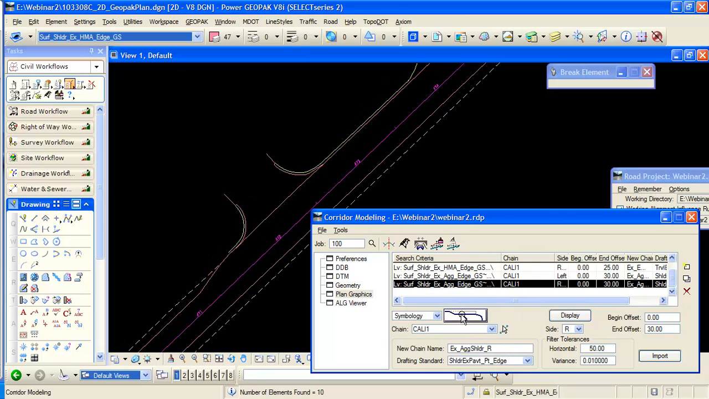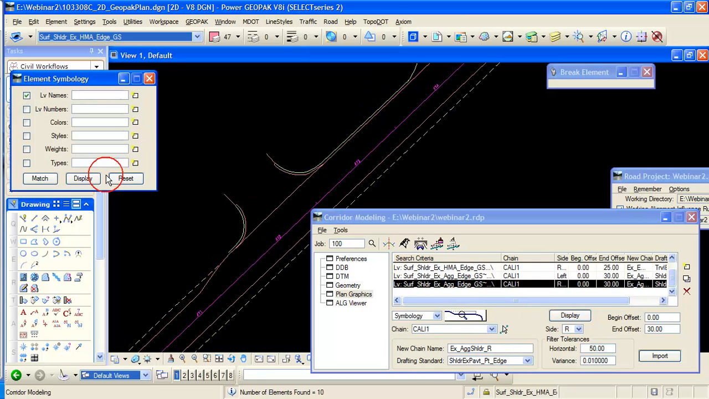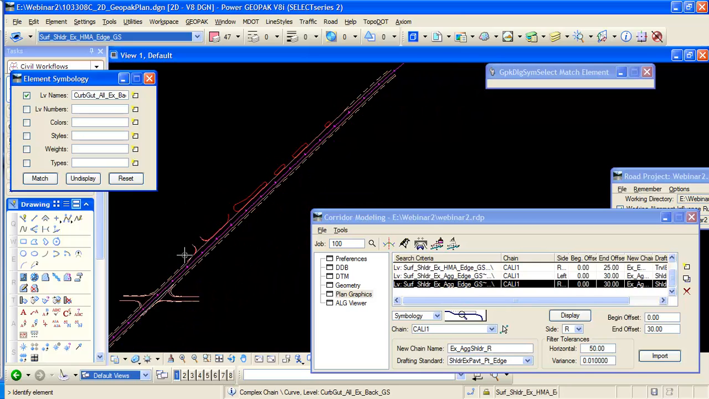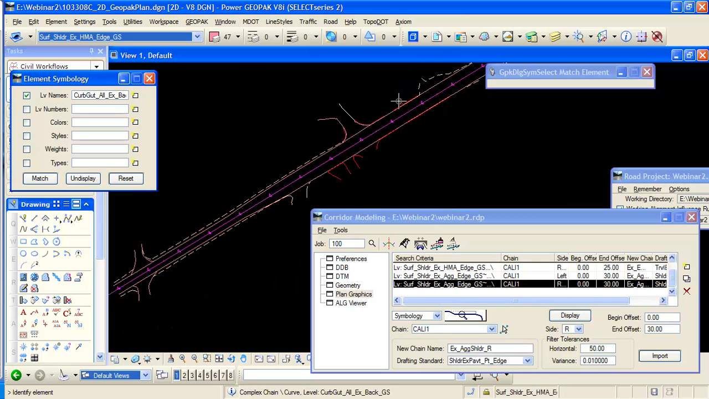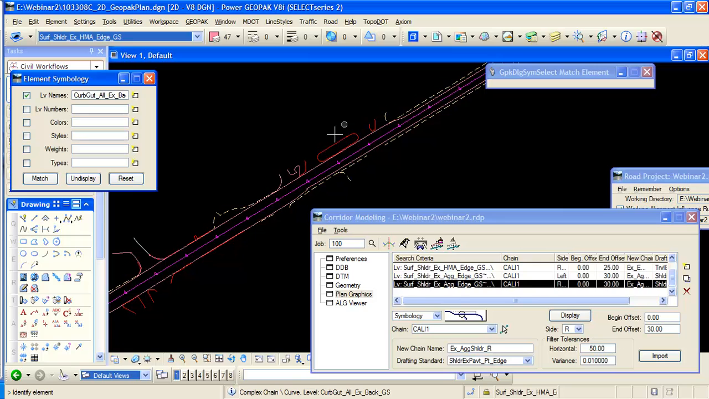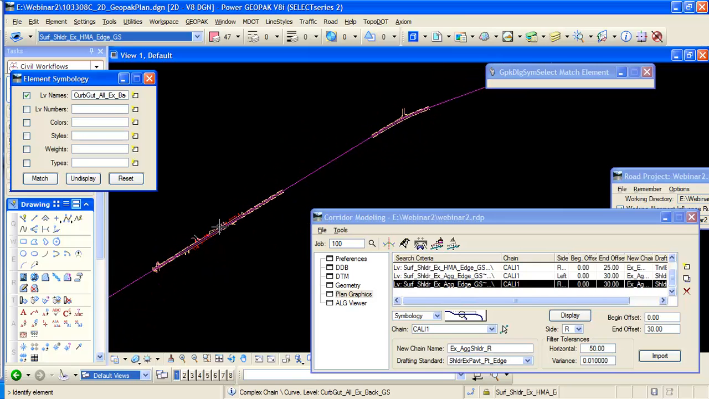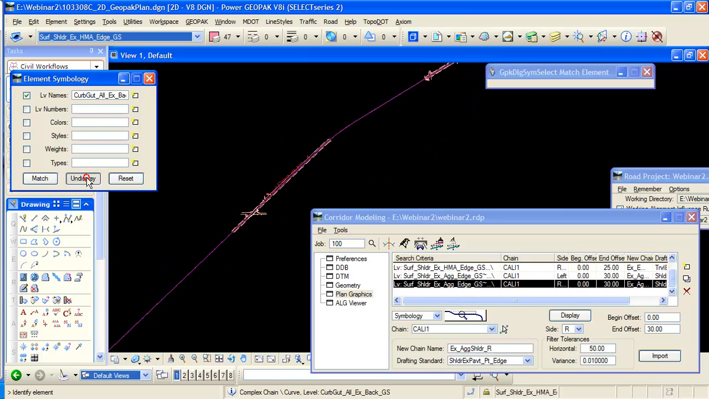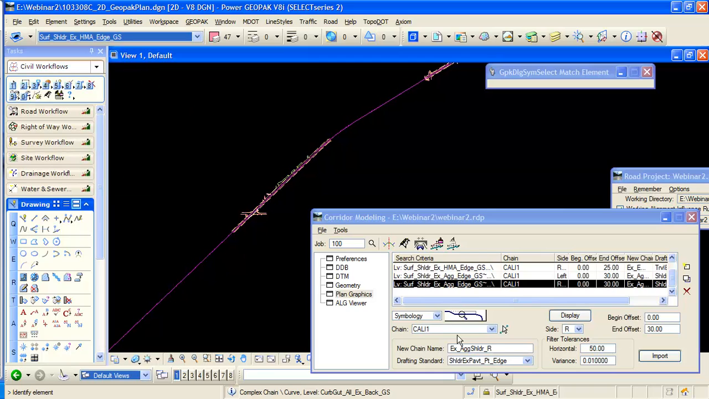Alright, so we will go ahead and I'll change the symbology. I'll do a reset, I'll do a match. Match my curb symbology, and I'll hit display, and I'll see that all that curb is highlighting, which means it's all on the correct level. Okay, so we'll undisplay so that they don't stay highlighted. And then, again, I'll change my